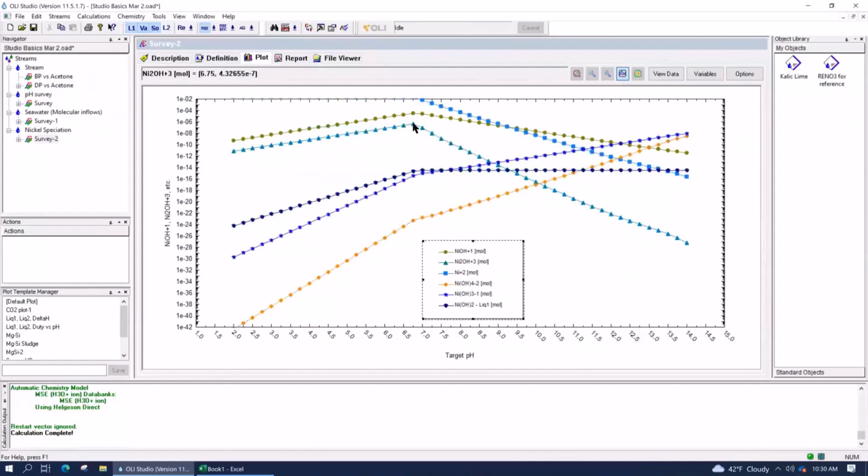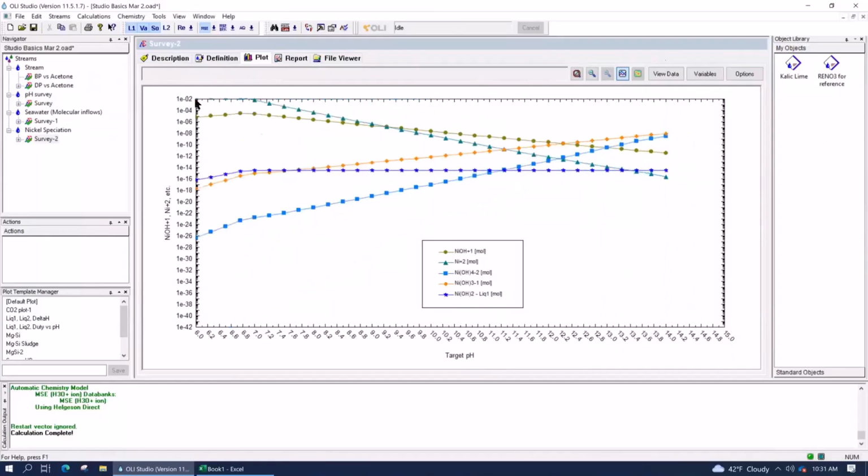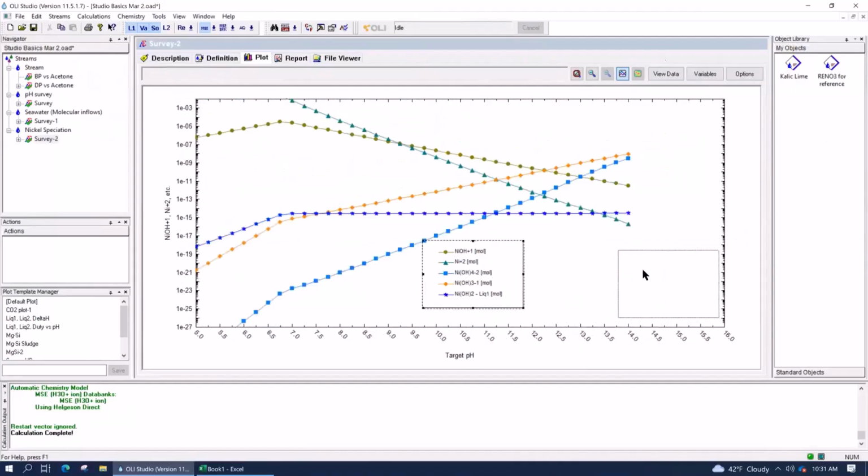You don't have to get rid of them yourself. I just want to get rid of them. Okay, good. And then I'm going to zoom in between pH of 7 and pH of 14.